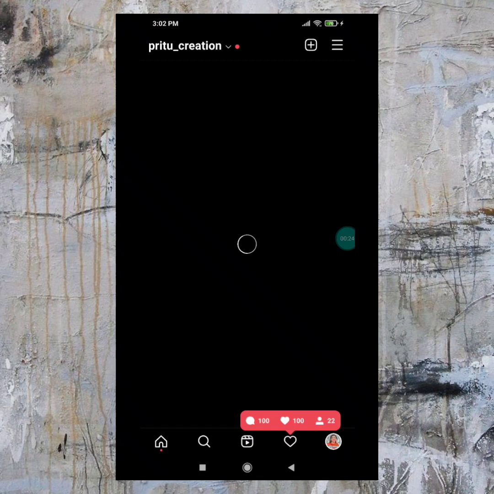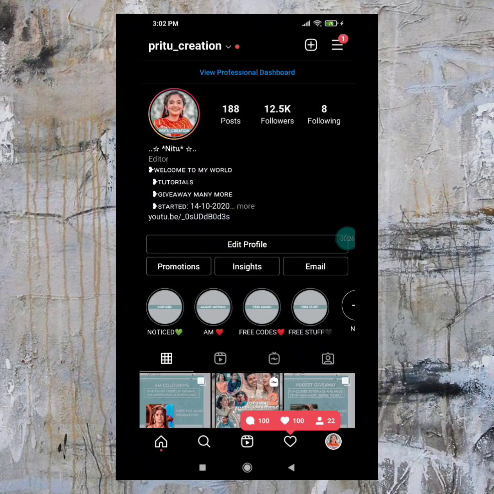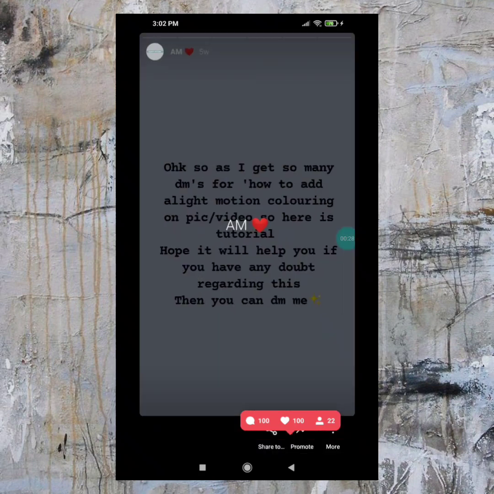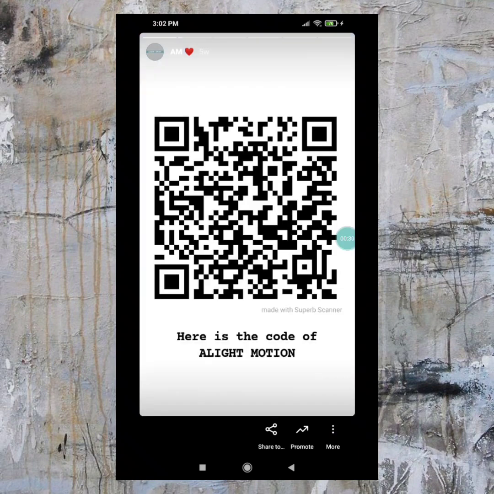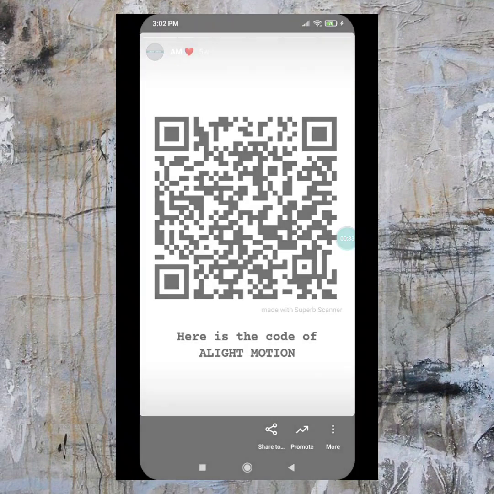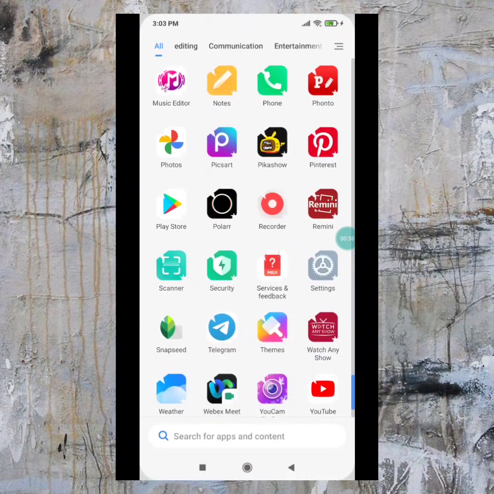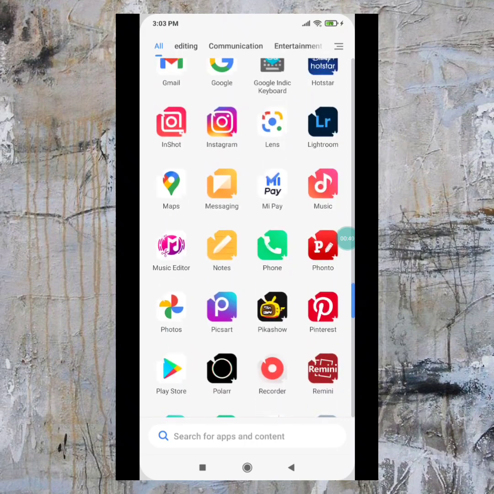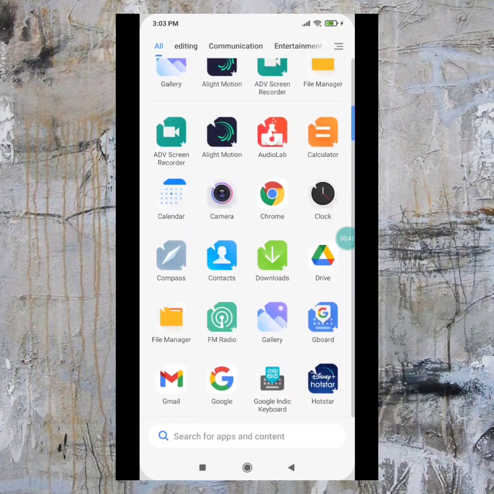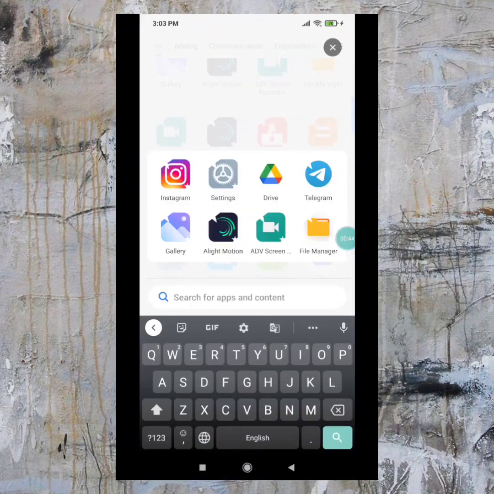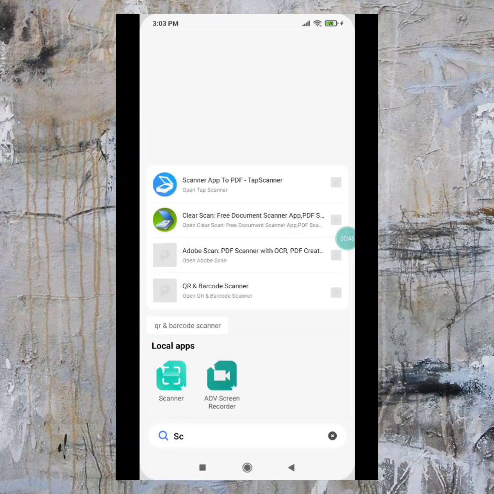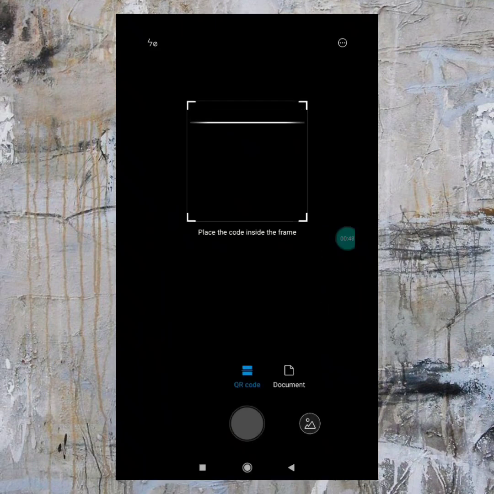Just check these and this is the code. What you have to do is take a screenshot of this and go to any scanner app. If your phone has a scanner app, you can use that one, and if it doesn't, you can download one. Here is a simple scanner app.